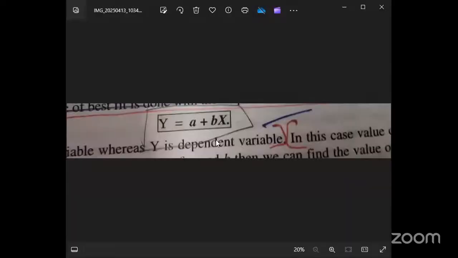So this is y equals a plus bx. So y is the dependent variable and x is the independent variable in this equation form. So when we are dealing with